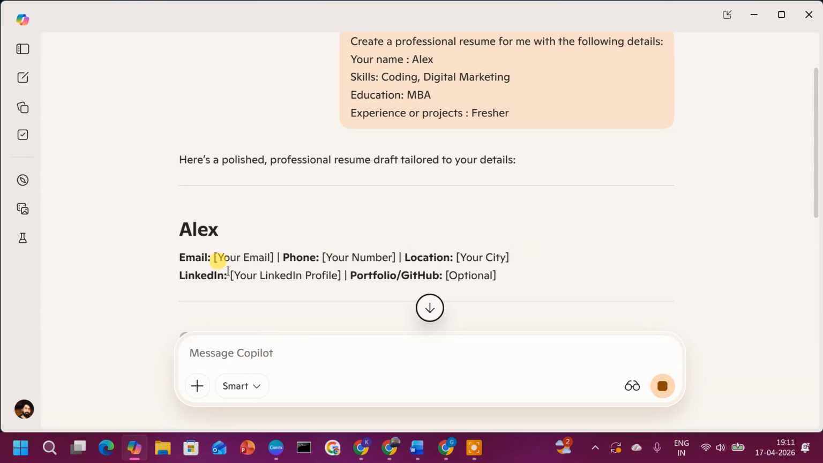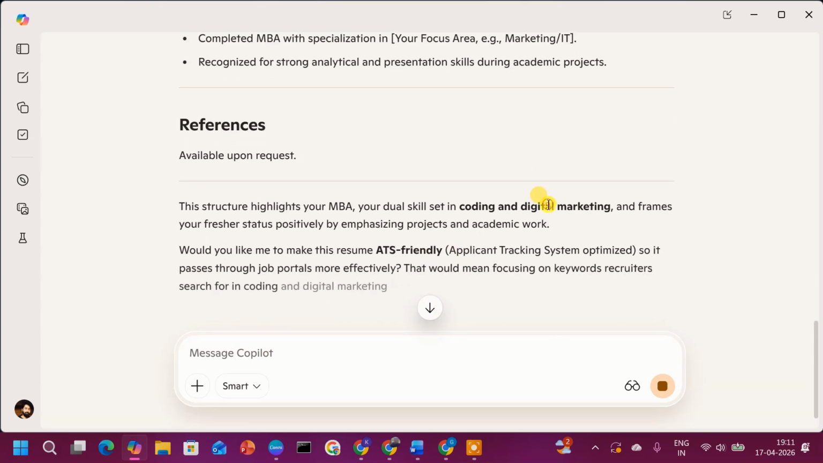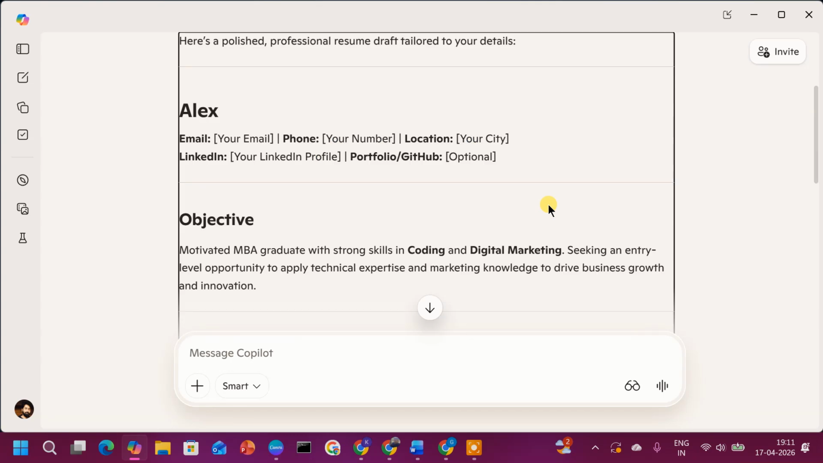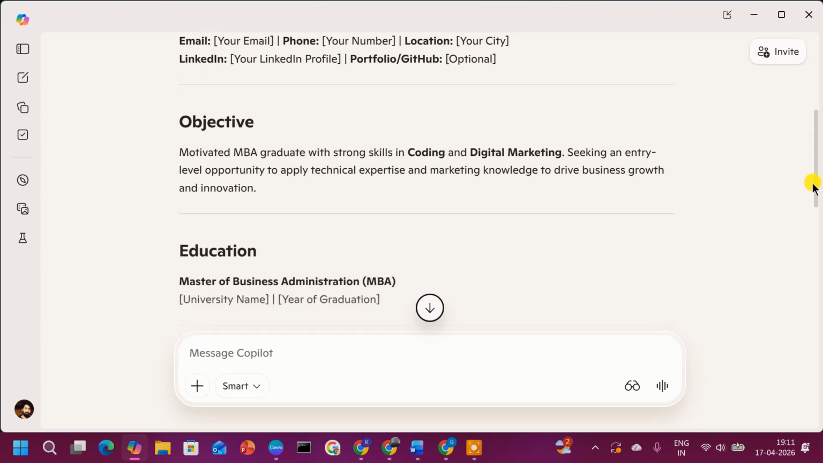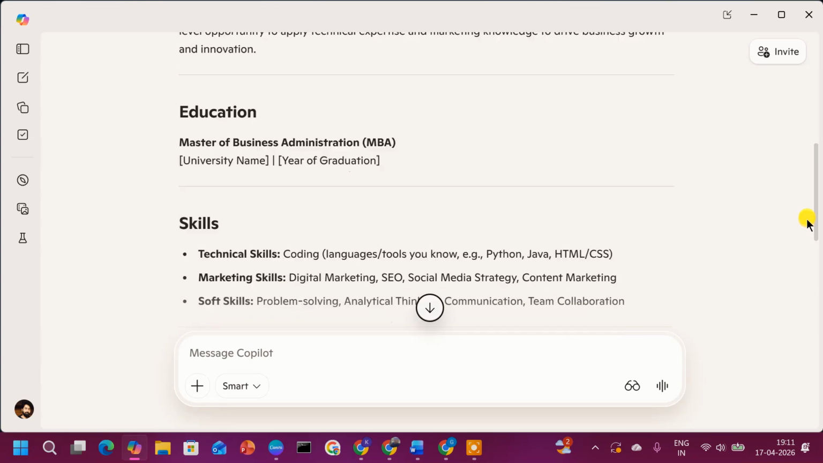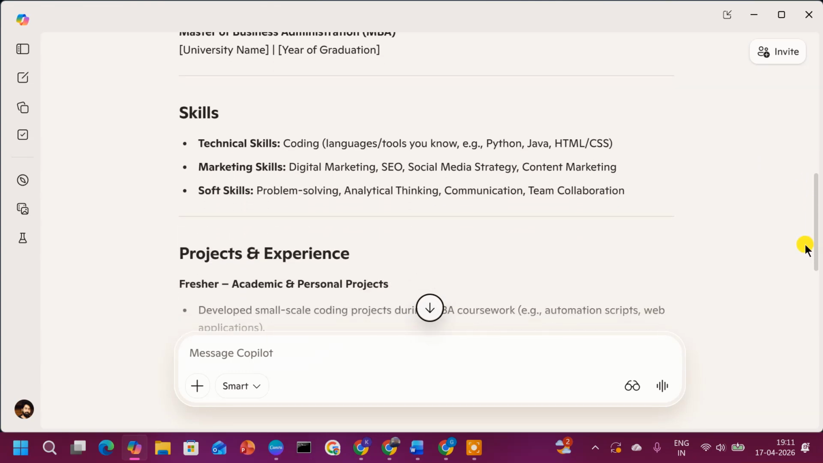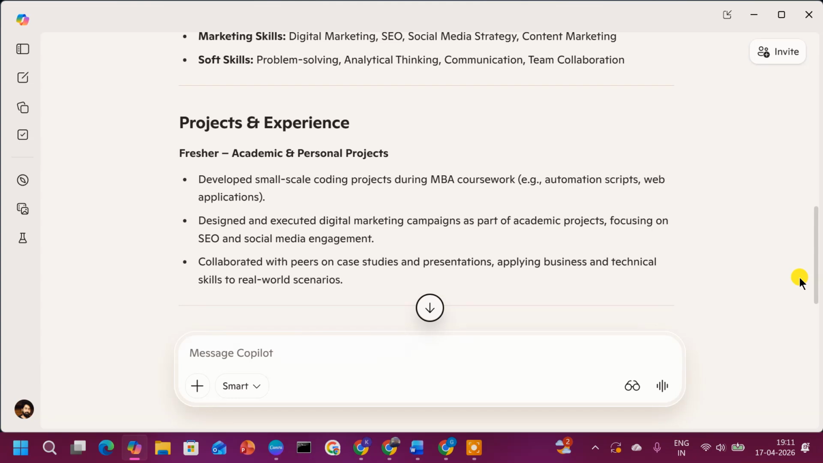You will provide your email, your number, location, or if you have any LinkedIn profile. And objective, here you will see it will return automatically. Education, skills, project and experience,